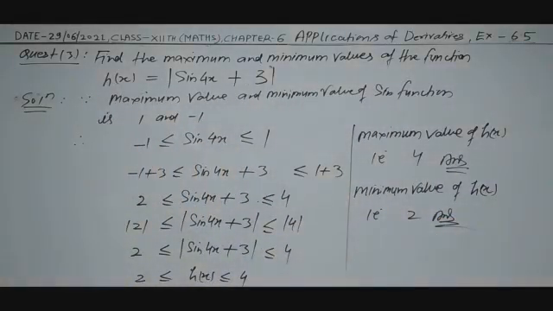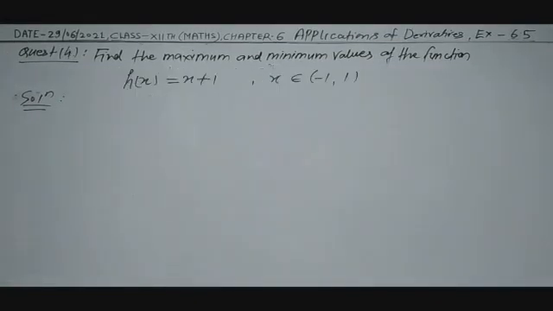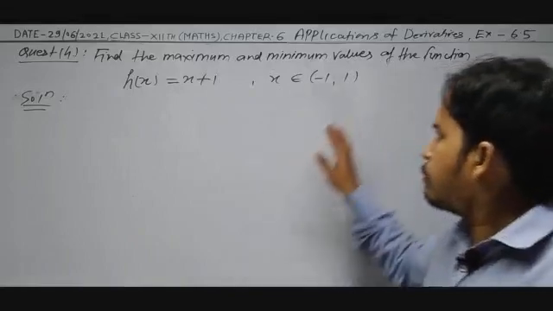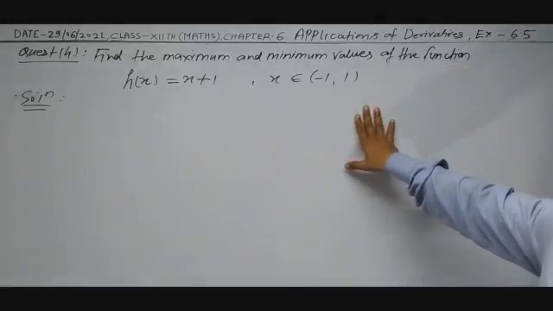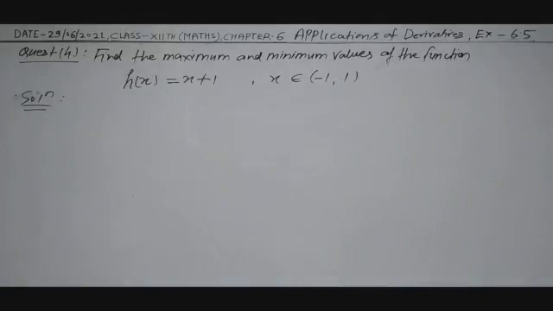Now see, now come to the next question. Question number 4 is: find the maximum and the minimum values of the function h(x) = x + 1, where x belongs to the open interval (minus 1, 1). So class,